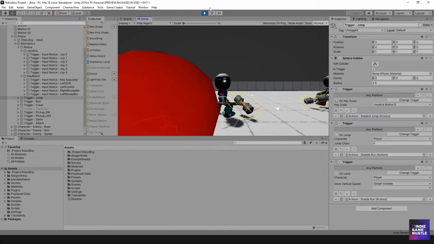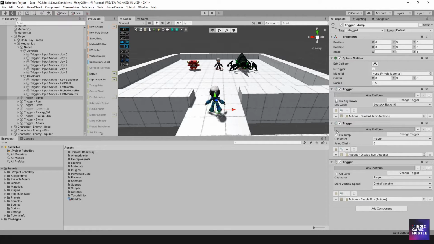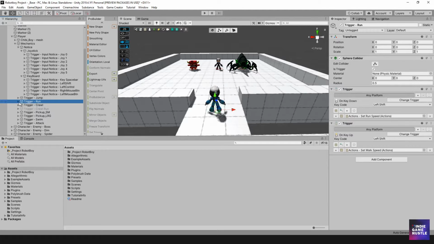All right, so let me go ahead and hit play there. So I think we're good in terms of this here. Let's take a look at run. So what do we say? We think we're going to do run for the keyboard to be shift. And right now we already had it set to left shift, so that's fine. That's probably natural. So what we can do for the keyboard, for the joystick,